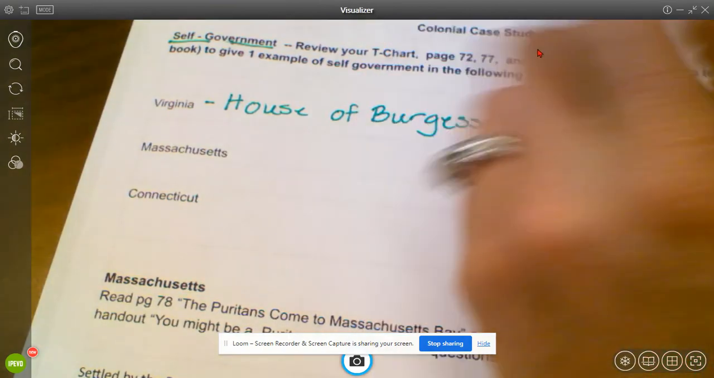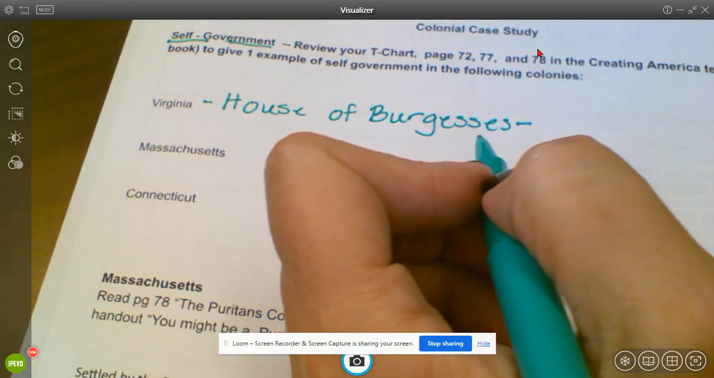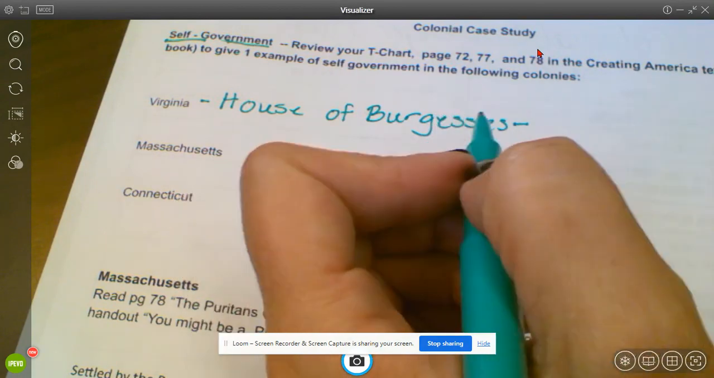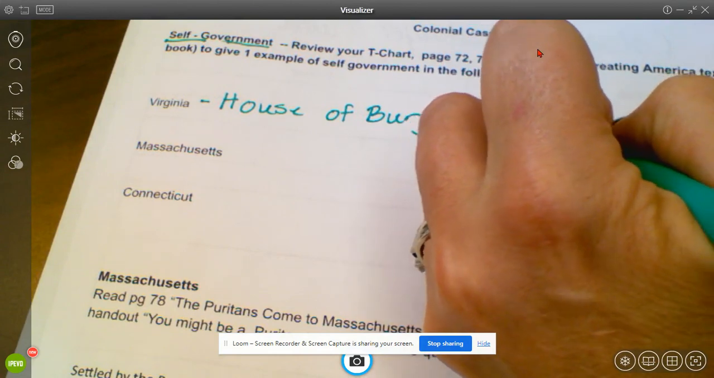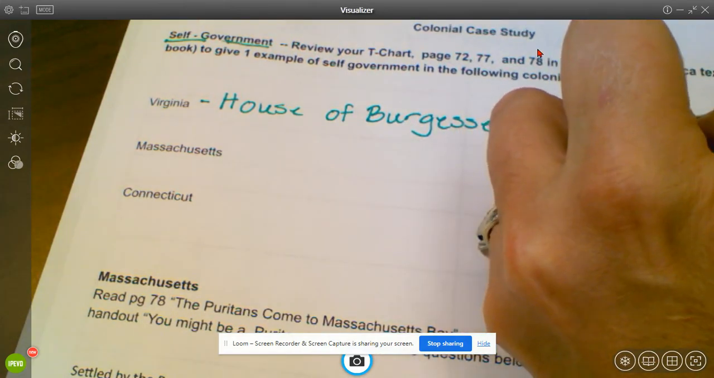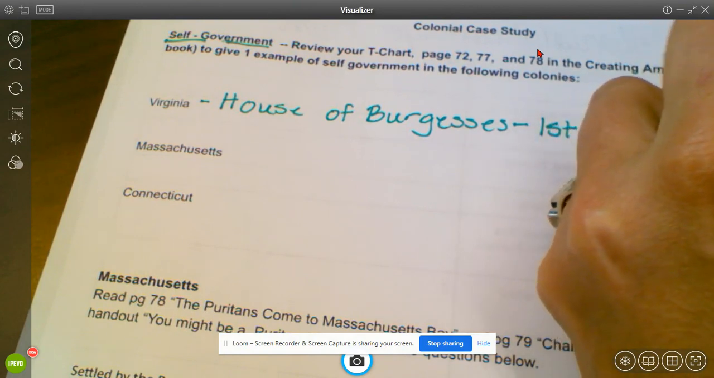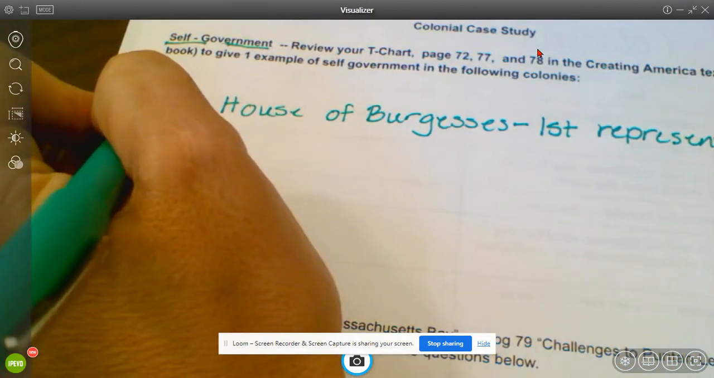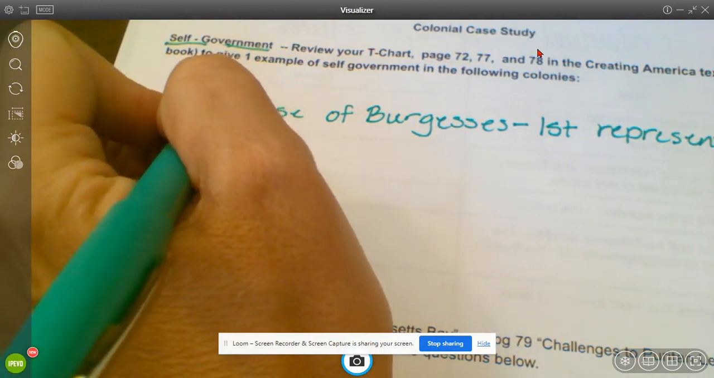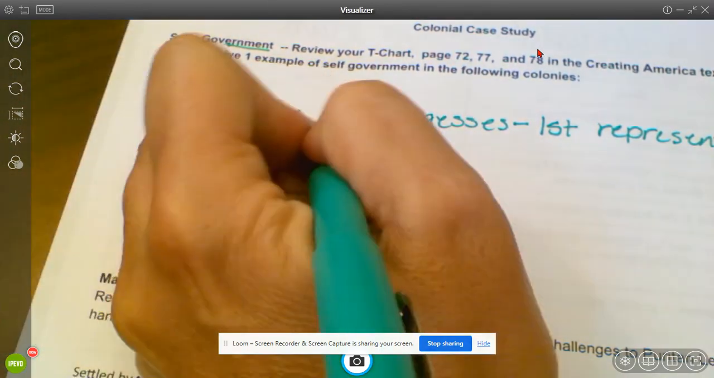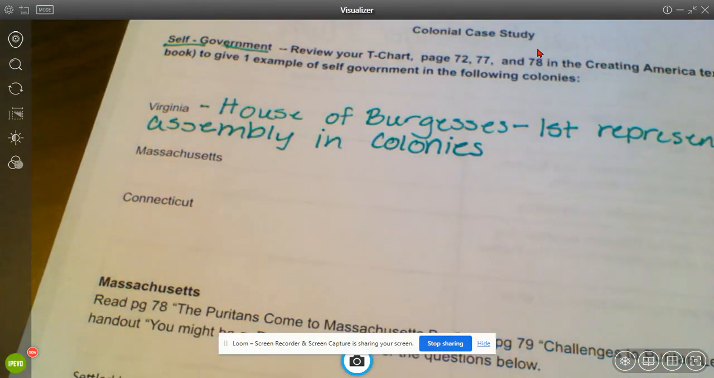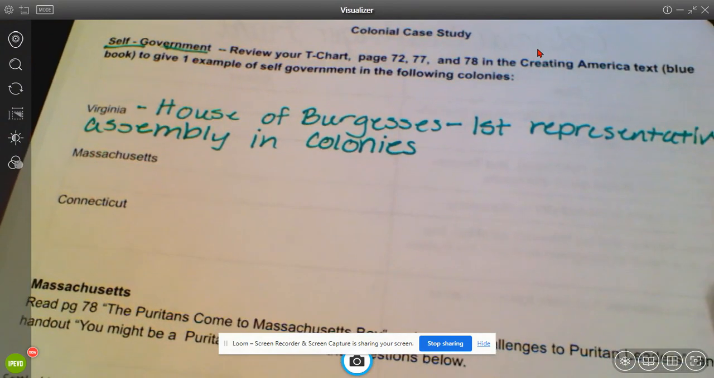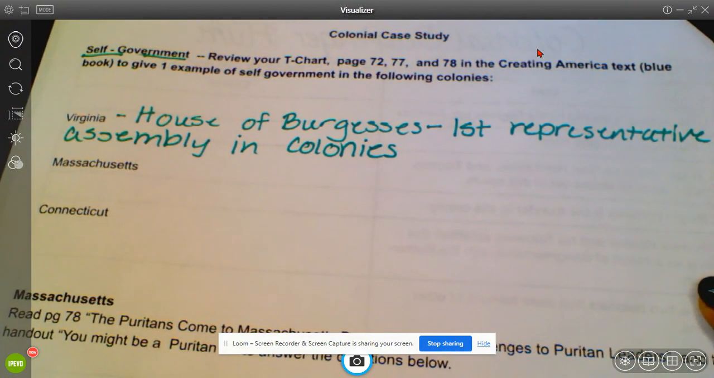And the House of Burgesses is created because the Virginia colonists were unsatisfied with the royal governor. And so in order to satisfy them, they created this representative assembly. And so it's going to be the first representative assembly in the colonies. And a representative assembly is simply people choosing someone, usually by election, to express their views, to express their opinions